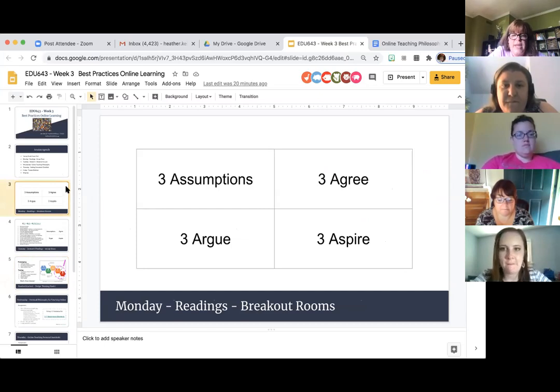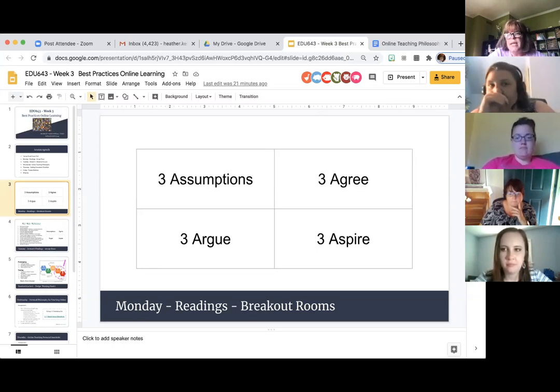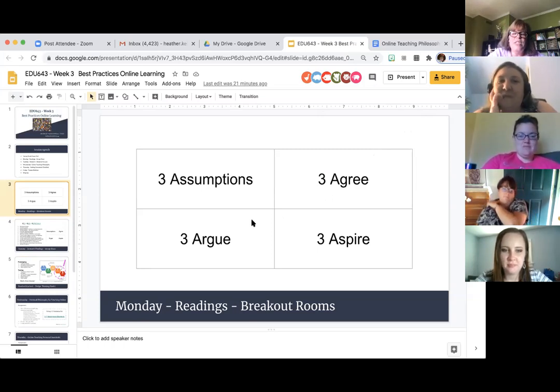And in those readings, you had some that you could pick from, and then you had some that you could add on to. And we used this protocol called the 4A's. Has anybody ever used that 4A's protocol before? It's kind of interesting, probably a little hard to do at the lower elementary level, but you could do argue and agree. You could call it the 2A's or something. But these four A's are really helpful to pop into the documents, think deeply about them, and question.